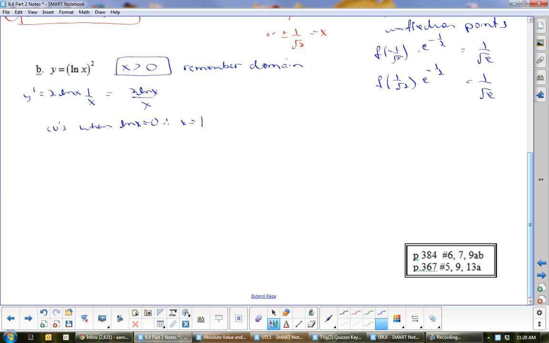And what would make the bottom undefined? x equals 0. That would be an asymptote, right? It was an asymptote anyway, because y has to be greater than 0. Okay? So if we draw our line, we have